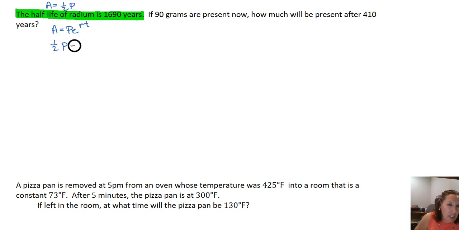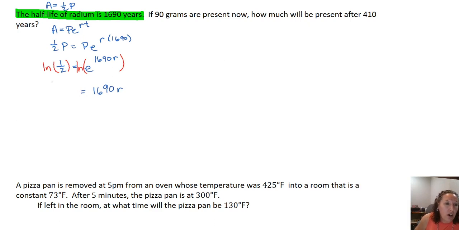So 1/2 of P equals P times e to the r times our time value here, which is 1,690 years. We need to solve this for r. Our first step is we need to isolate that exponential, so let's divide both sides by P, and we get 1/2 equals e to, I'm going to go ahead and write this with the coefficient first as we normally see it. And then we need to get rid of that exponential. Since we have a base e, let's take the natural log of both sides, because the natural log of e to a power is going to simplify to just that power, giving us just that exponent,